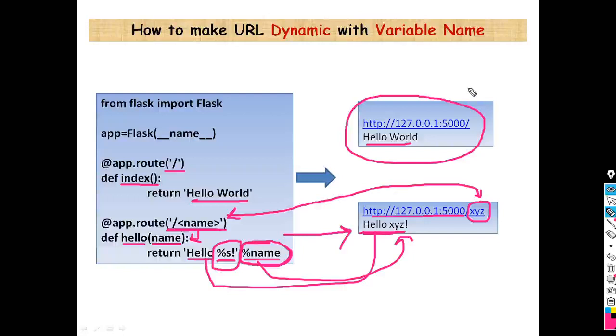So this part is called the static URL, and this part is called the dynamic URL. So why is it dynamic? Because we are passing the content at execution time. So we have to pass XYZ at the time of execution in the browser. Only then it will return hello XYZ.